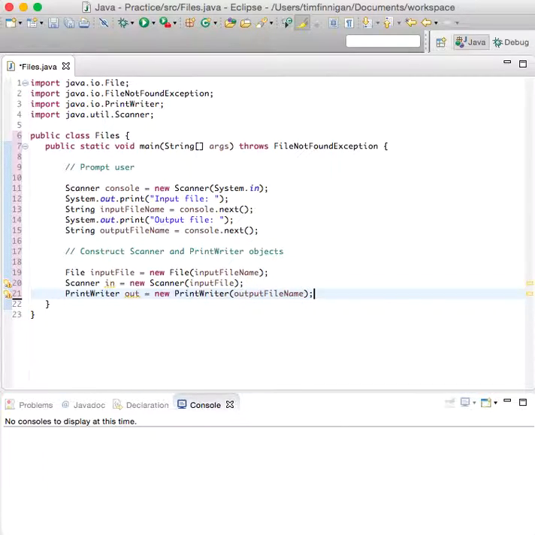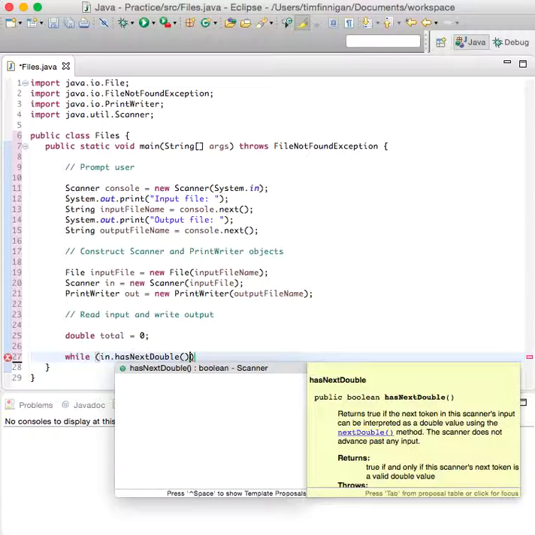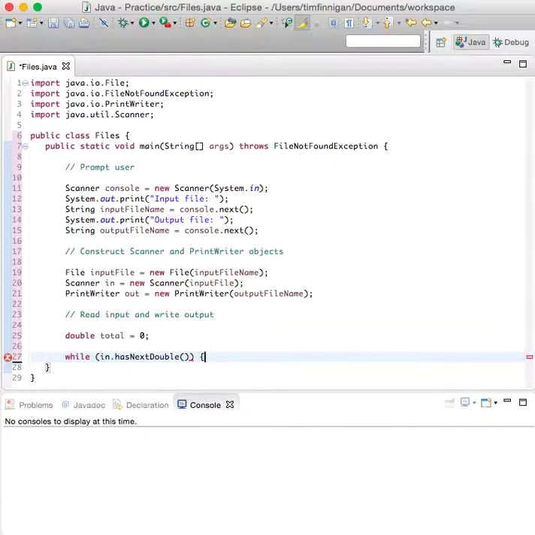Okay, so now what we want to do is actually read the input, right? So read input and write output. So we'll make a variable here. For this program, it's going to be very simple, just adding numbers and then outputting the result in the output file. So double total equals 0. And while in.hasNextDouble(), so as long as the user continues to enter numbers, double value equals in